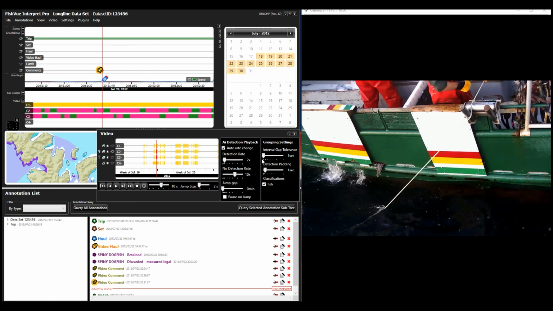The interval gap tolerance, which merges detections that are within this value of seconds from one another. And the detection pad, which pads detection start and end by this value of seconds to avoid missing any video of the fish. You can also choose to select auto rate change, so the system will automatically speed up between